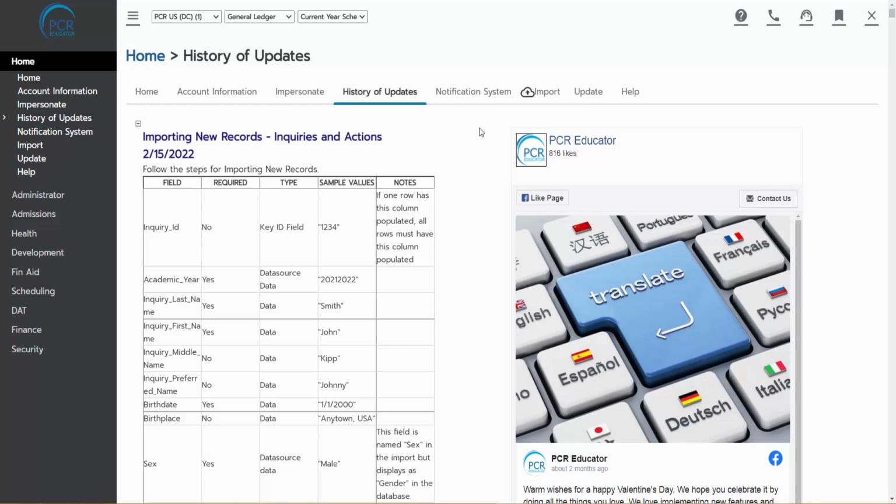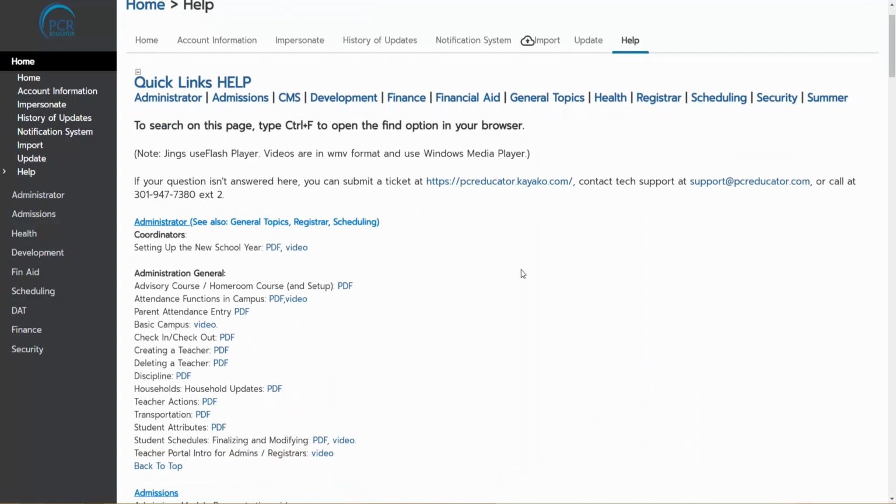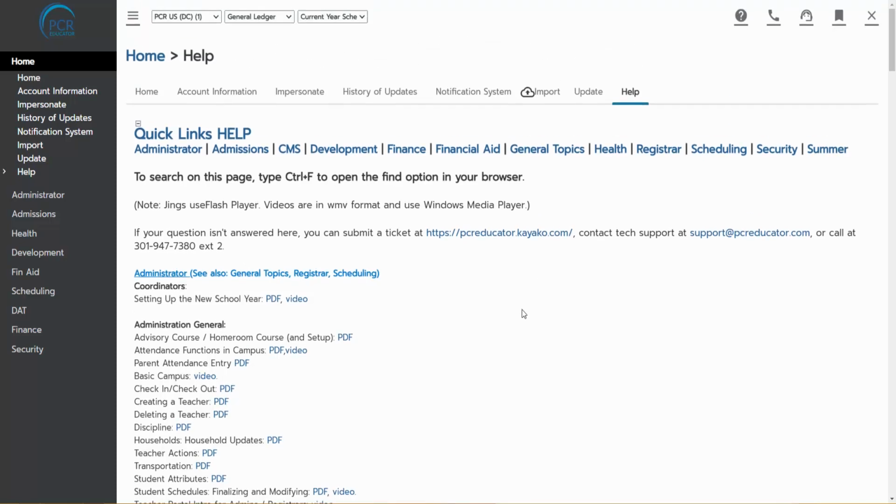So let's say that you're looking to update addresses on a household record. You would be using an update template, whereas you would use an import template if you're importing new data into the system. And then the help tab, this is where you can find some documentation, but we have moved a lot of our documentation to our website. So if you do want to access documentation and articles, you can go to our website,